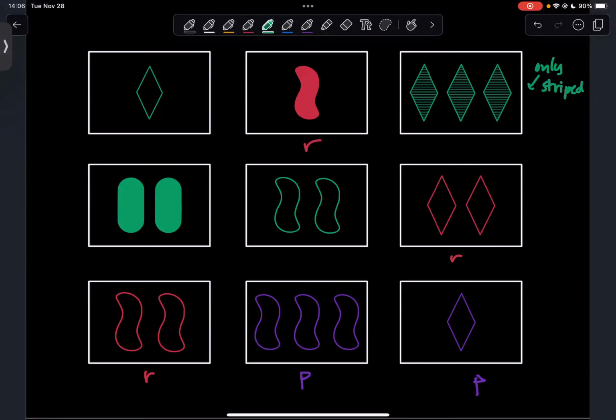Okay, so this is not quite as nice as our last example, where one of the attributes was completely missing. But this is the next nicest thing, where we have the attribute show up, but only one card has that attribute. So if there's going to be a set where all the fillings are different, this card has to be part of the set.